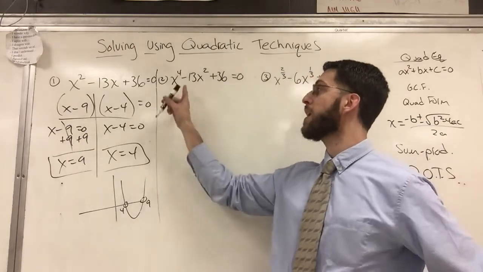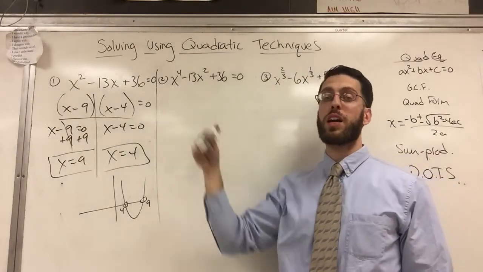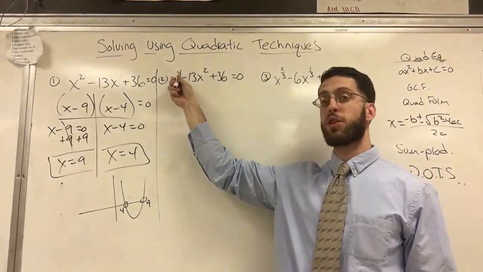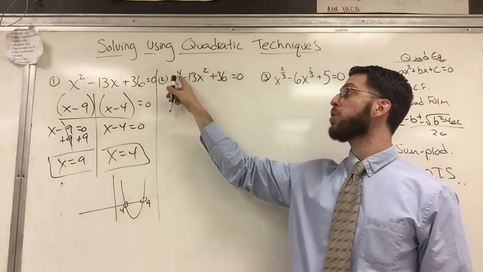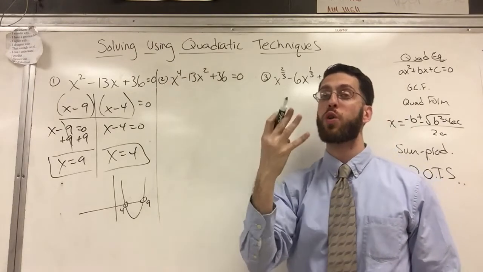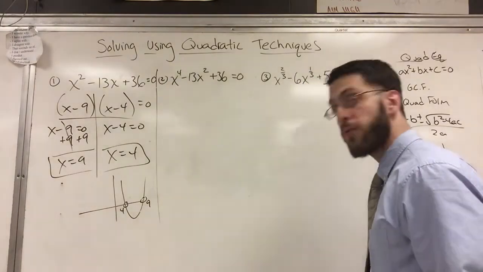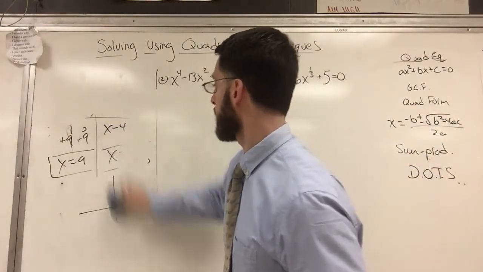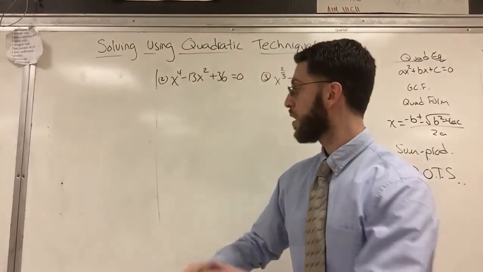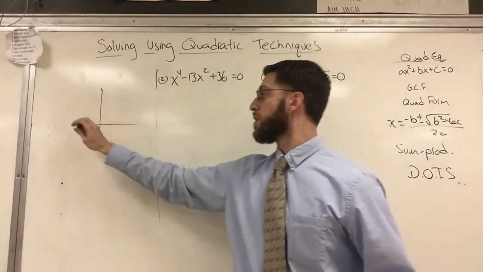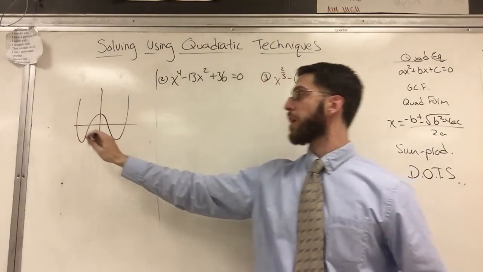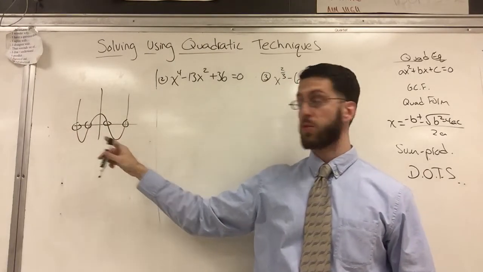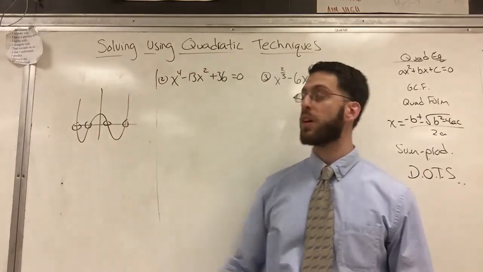All right? Here, if you saw my video on how to evaluate higher degree functions, you'll know that if it's a 4th degree function, you're looking for 4 roots. And you should be expecting 4. Let's see here. You should be expecting 1, 2, 3, 4 x-intercepts, or 4 zeros, or 4 solutions, or 4